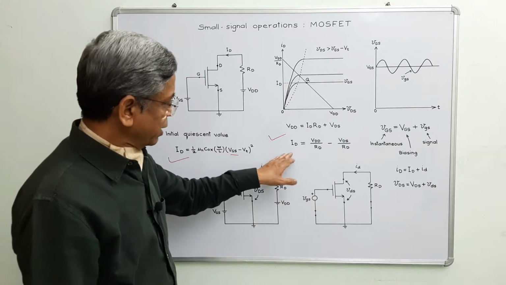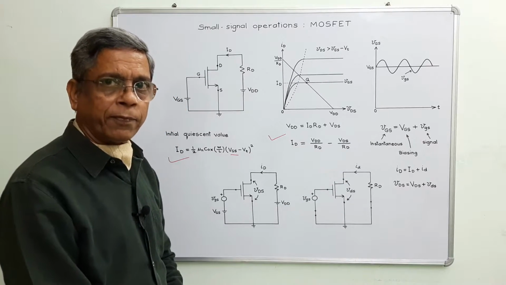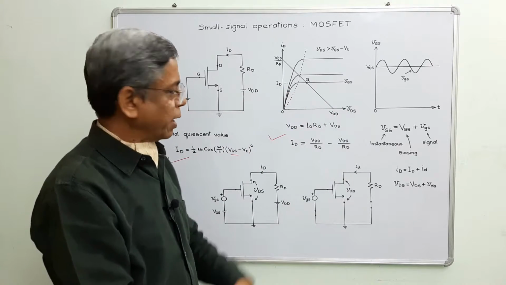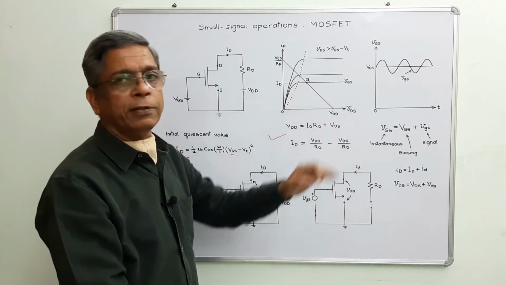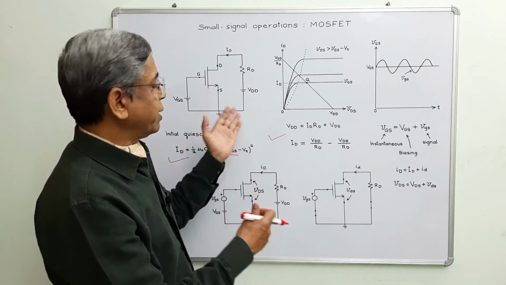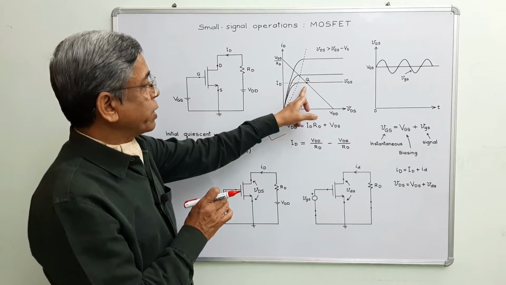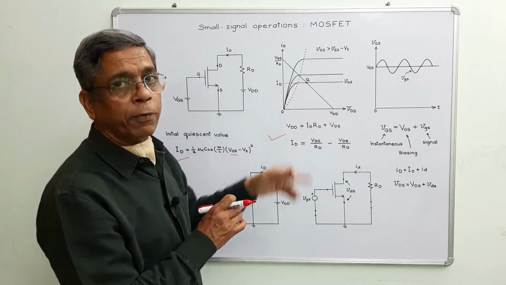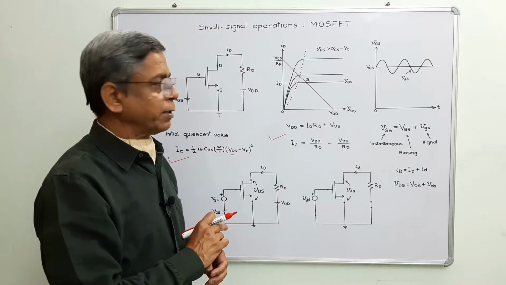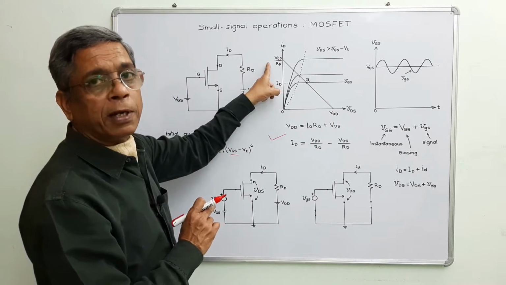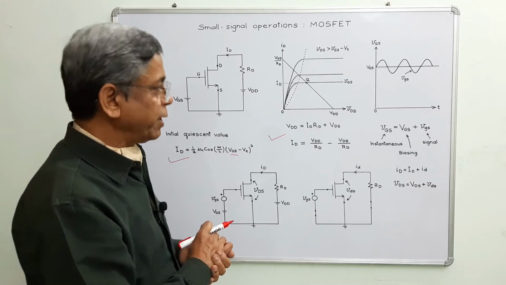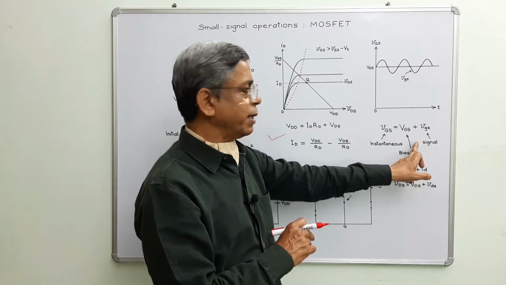In fact, this is the equation of a straight line, and this is the DC load line, and this is the equation for this DC load line, where Q is the quiescent point. We set biasing in such a way that Q must fall within the saturation region for linear amplification. This is the maximum potential difference across the device, and this is the maximum current passing through the device. For amplification purposes, we superimpose the signal part on the DC part.